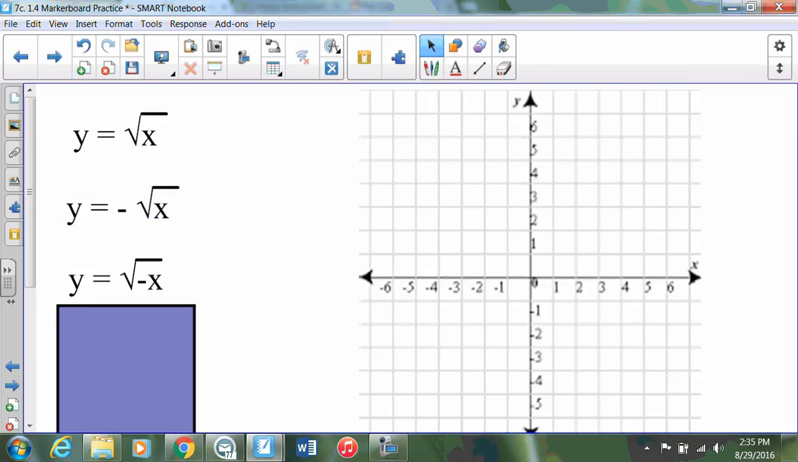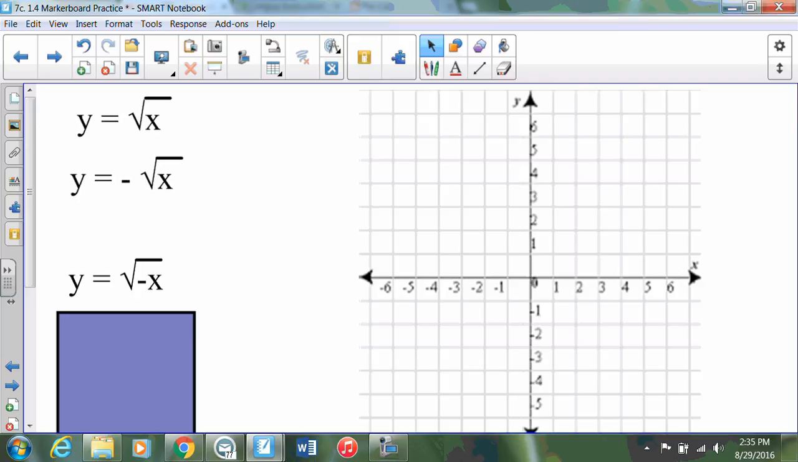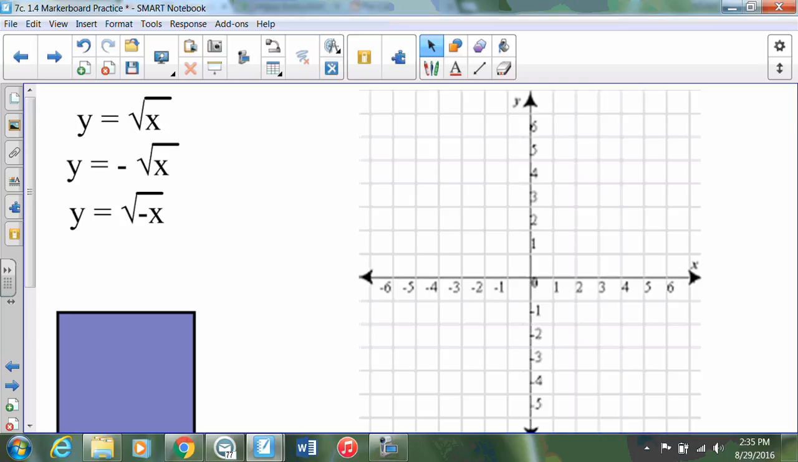Okay. Wonder if instead of our negative being outside right next to the equal sign, it's actually inside the square root sign right next to the x. Well, if you already have memorized that if it's a negative right after the equal sign, that's flipping over the x-axis, then you know this is going to be flip